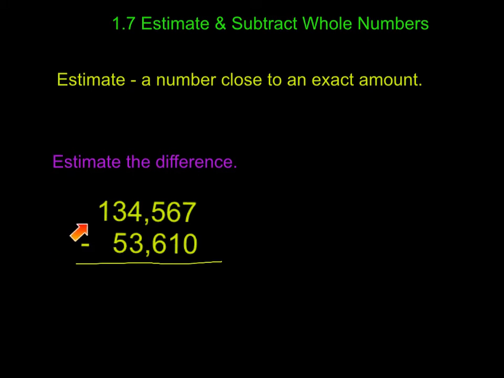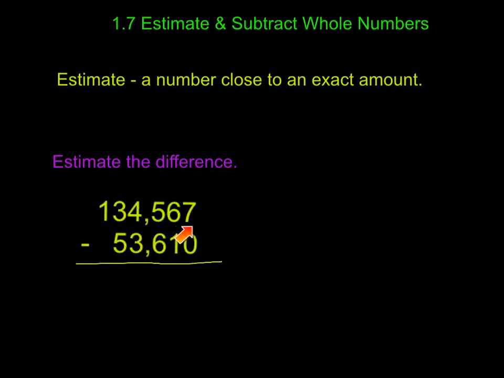So as you can see down here, we have 134,567 subtract 53,610. And we're going to estimate the difference. So we're just going to find the answer that would be not the exact amount, but a number close to the exact amount. We're going to do that by looking at our